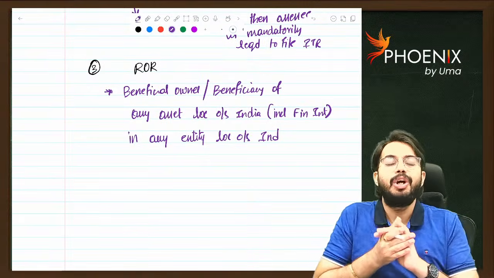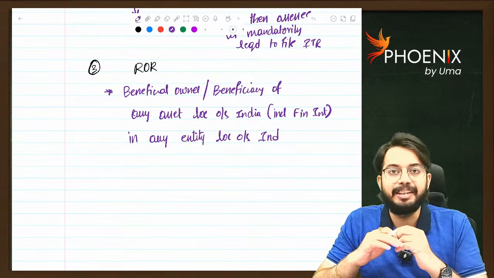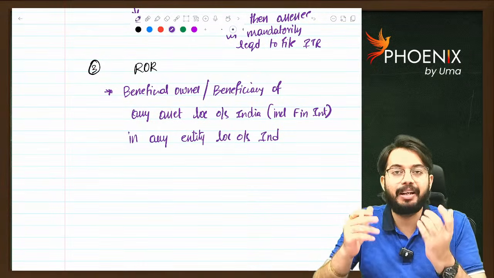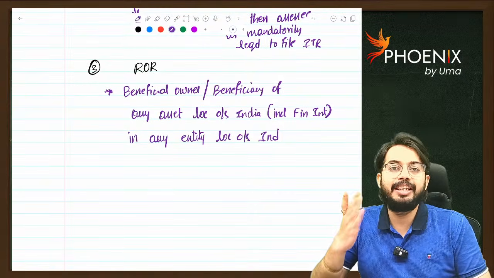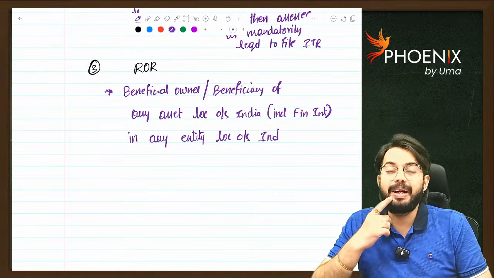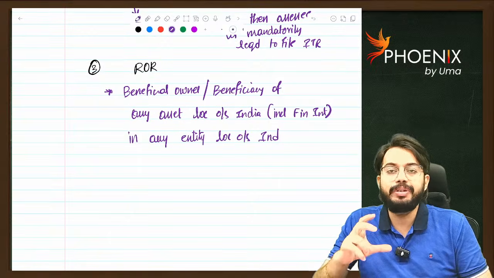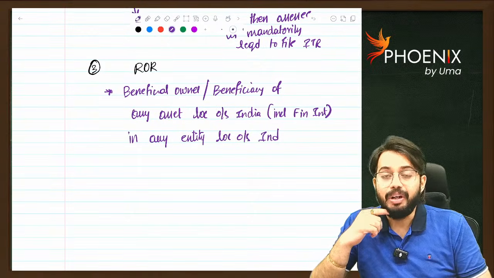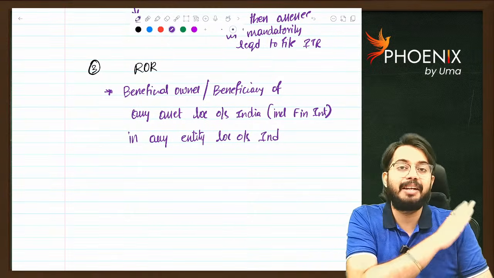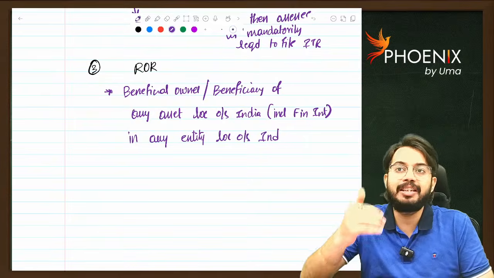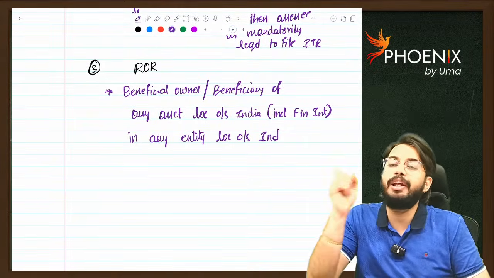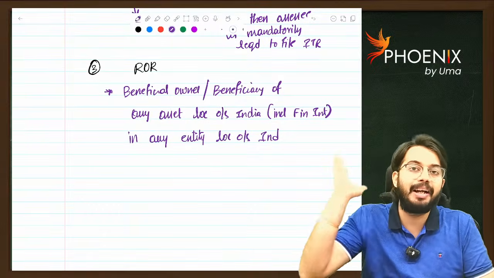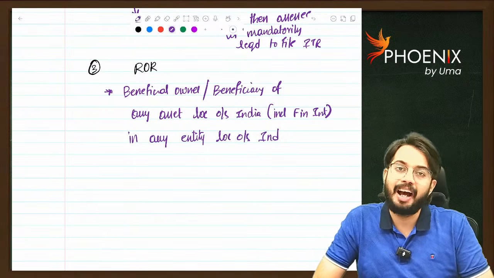For suppose Kohli's total income is less than basic exemption. It is a very good joke, but that is our example. Kohli's total income is 2 lakh rupees, which is less than basic exemption. But Kohli is having one house in Australia. Now, even though Kohli's income is less than the basic exemption limit, as Kohli is resident and ordinarily resident in India, if Kohli is having any property located outside India, Kohli is mandatorily required to file ITR. Are you able to understand?